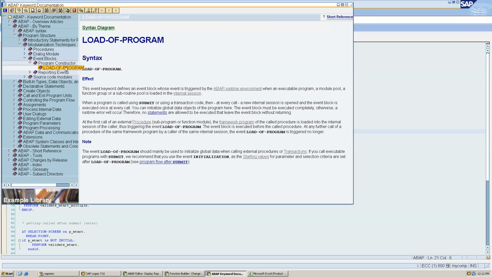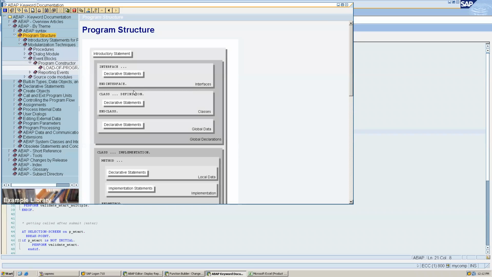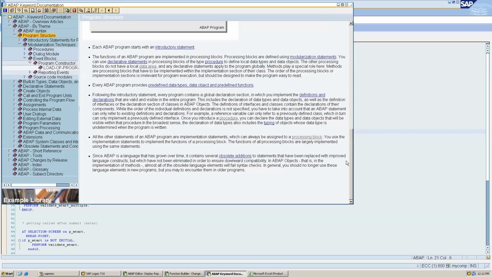So load of program. You press F1, right? Yes, F1. Select. I just want to check whether they have given this facility somewhere. It should be there because this is a very old system, but now the document is very nice. Okay, so in your system at least. I just want to check.